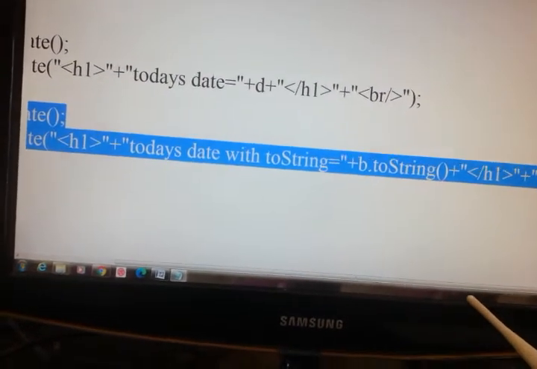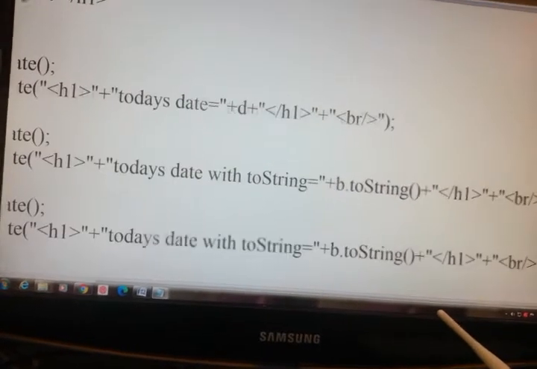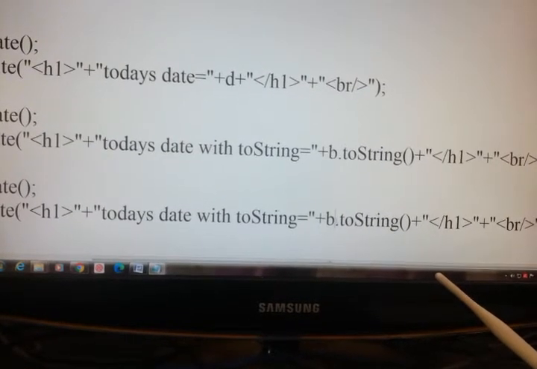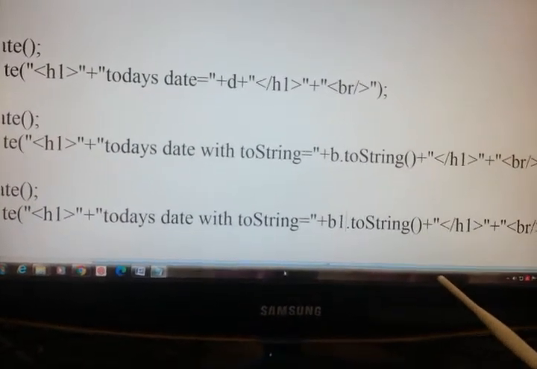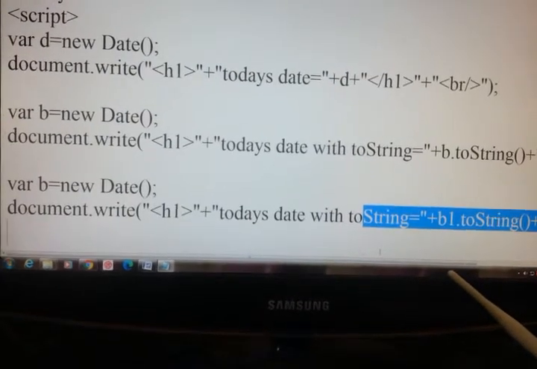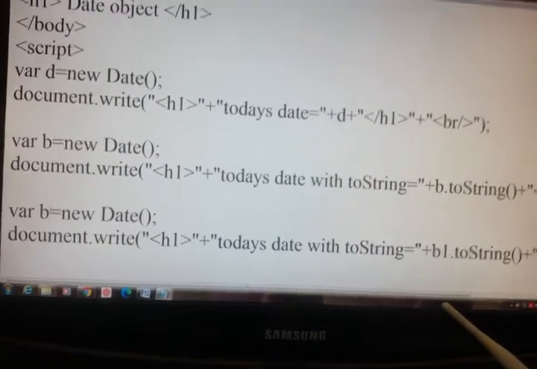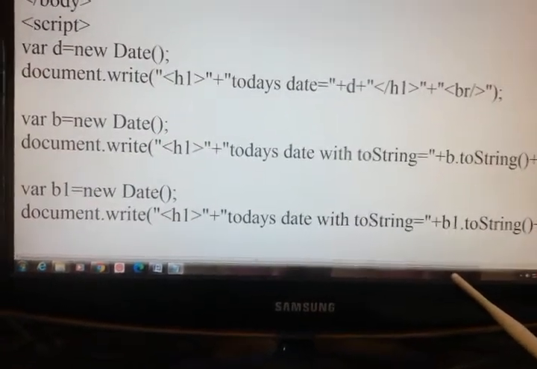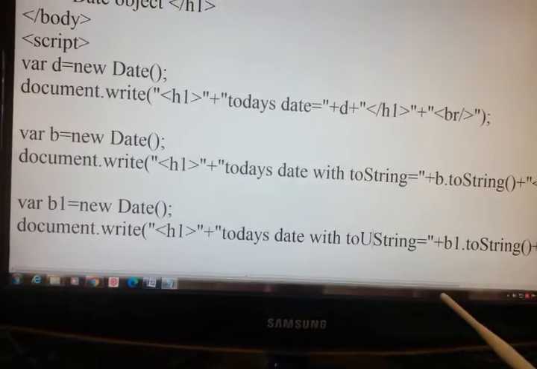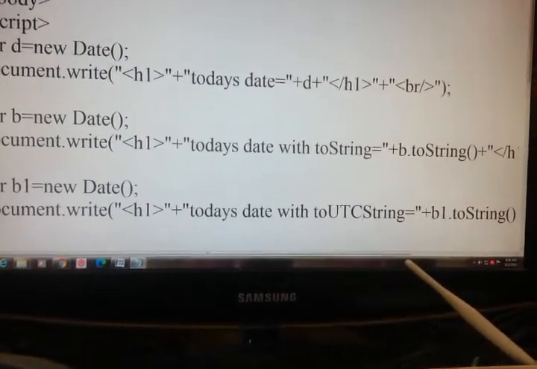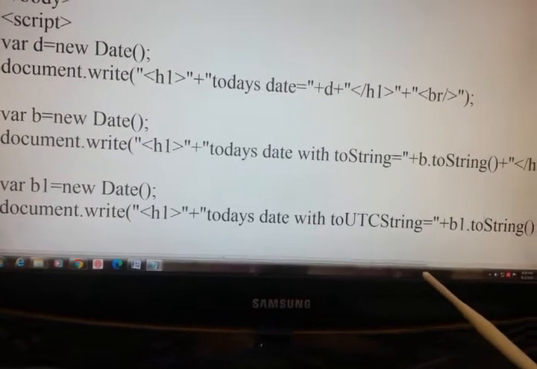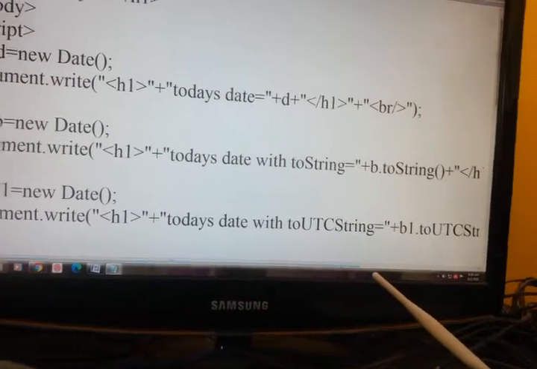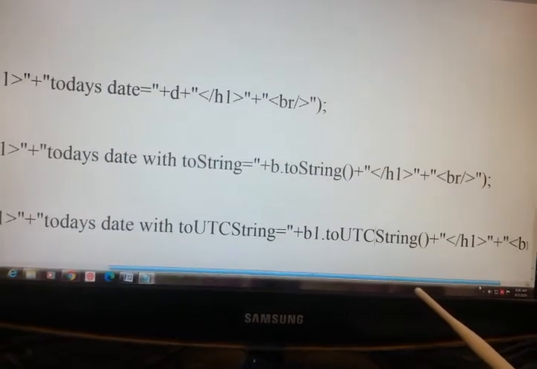Just save, copy paste, and b1. Here we will write b1.toUTCString.